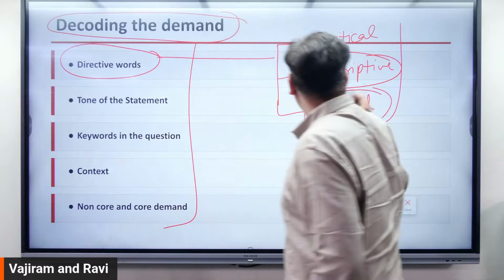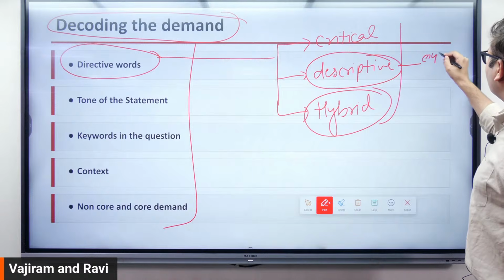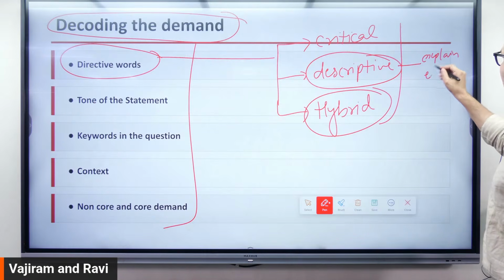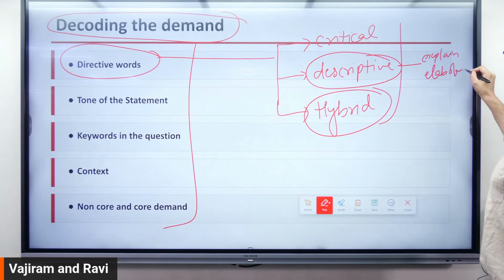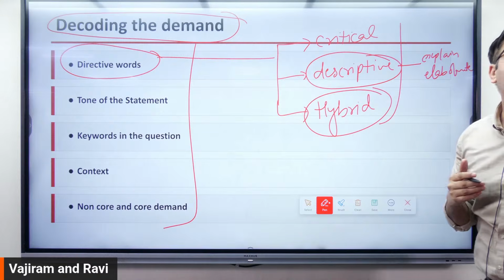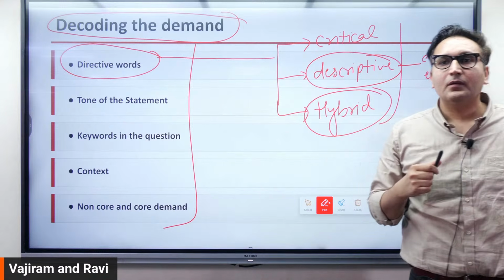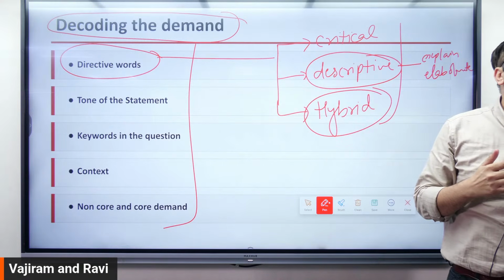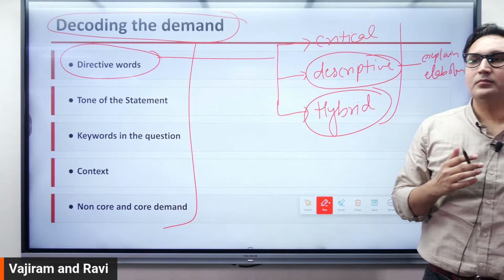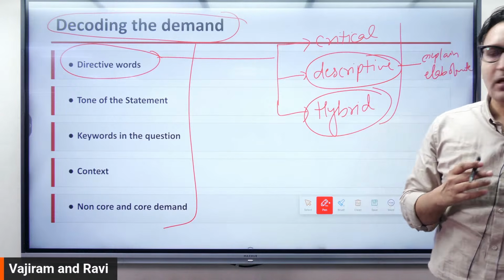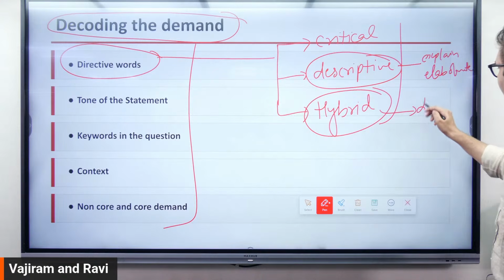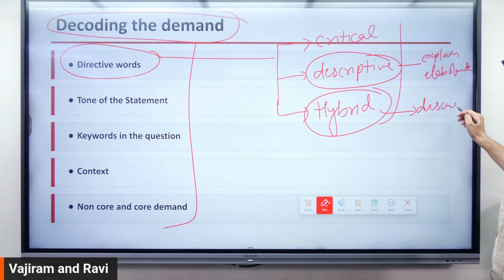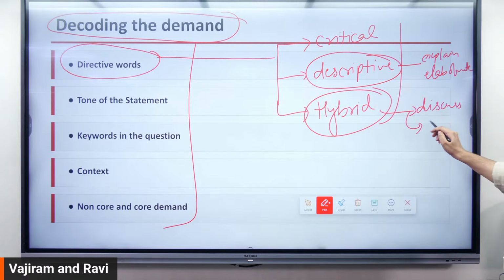Where would you put explain in this category? Descriptive. Very good. So explain, elaborate, right? Discuss. Where would you put discuss? Comment. Please tell me in the questions. Critical. They are hybrid. Discuss. These are just examples, right? Comment